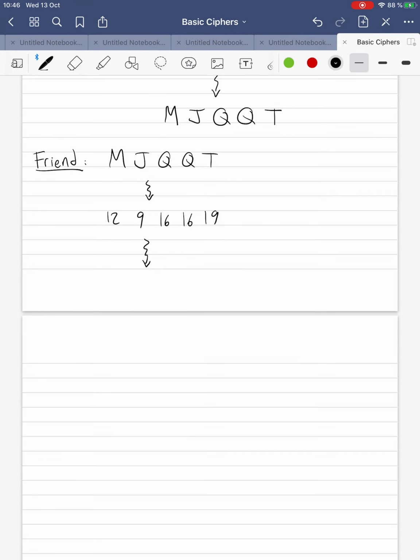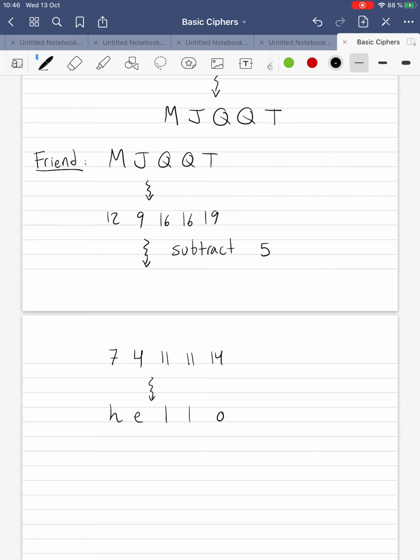Okay, so then subtract 5. So in order to crack the code, he just has to undo what I did to get the encrypted message. He's going to subtract 5. So 12 minus 5 is 7. 9 minus 5 is 4. 16 minus 5 is 11. 19 minus 5 is 14, which, when we translate this back to letters, is